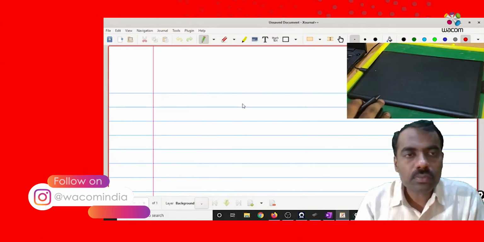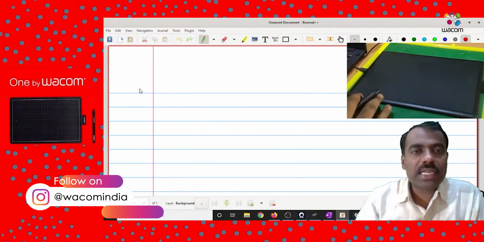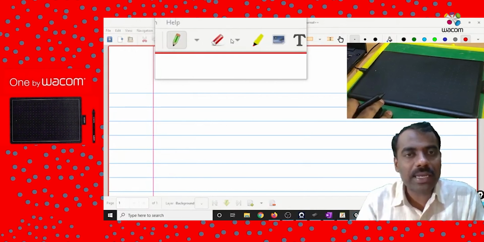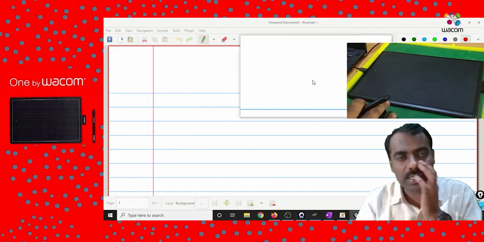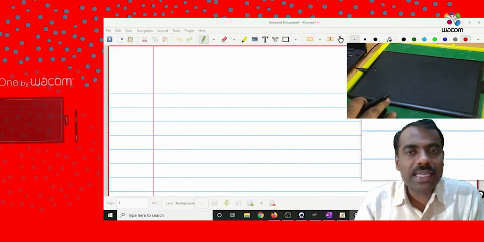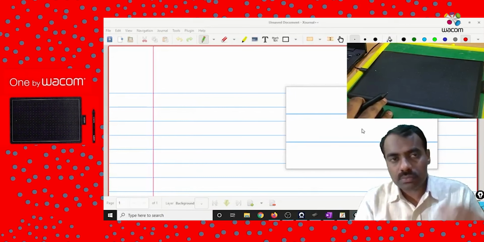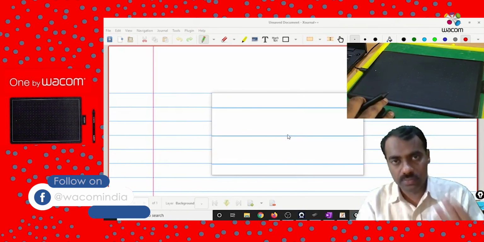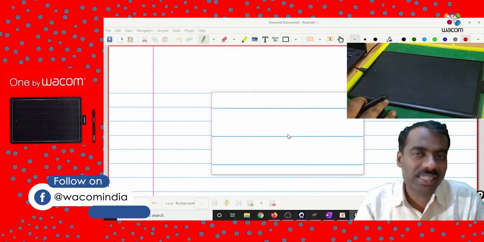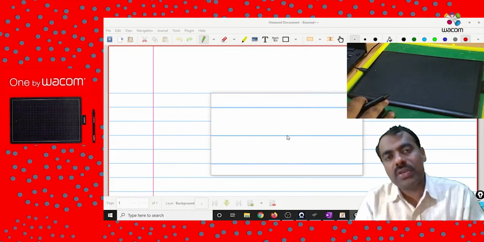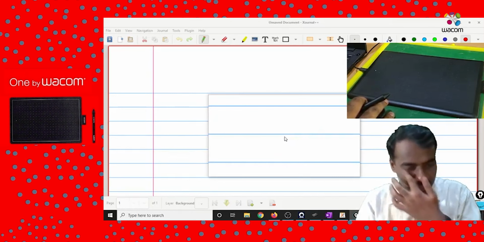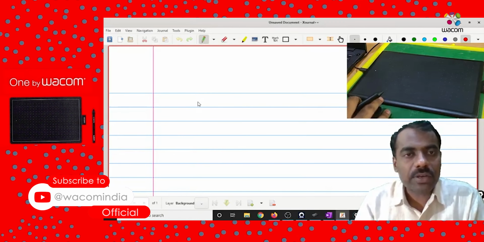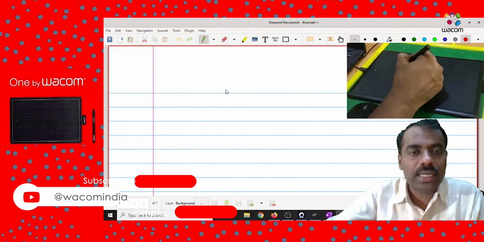Now here also immediately this is the pen. Here also similar features will be available: pen, eraser, highlighter, and images you can insert. What is not available here is that you cannot have sections and subsections straight away here. You have to save every lecture as a separate PDF file. Then you can share it with your students. But that is also fine. Then you select your pen and you can start writing immediately.